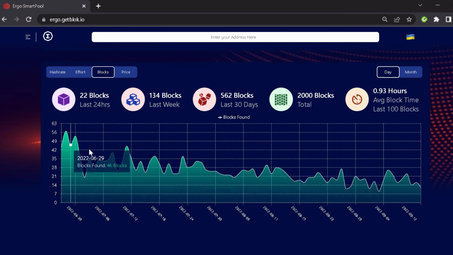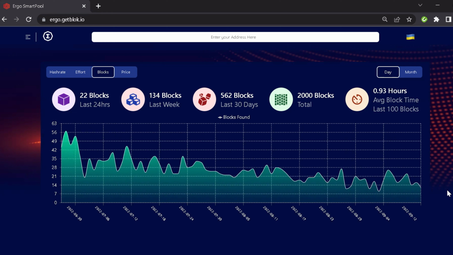So, there is a little bit of a downtrend on blocks that have been found over the course of time. However, there was a slight price increase. So, in theory, all of that should balance out as miners join the network. Price discovery should typically come along with that, and it should balance out the rewards that miners are making on